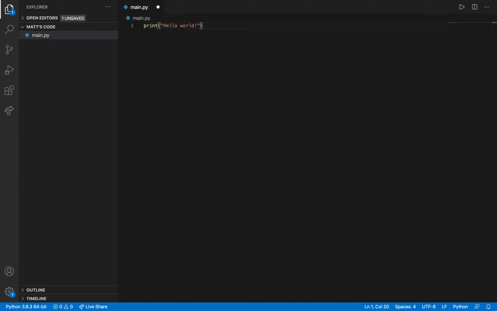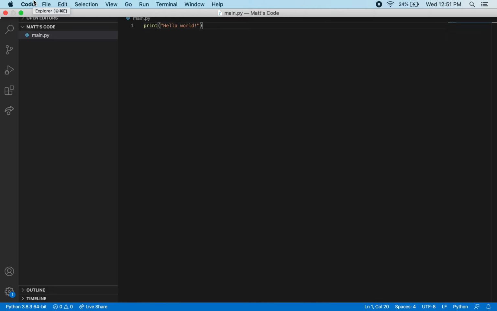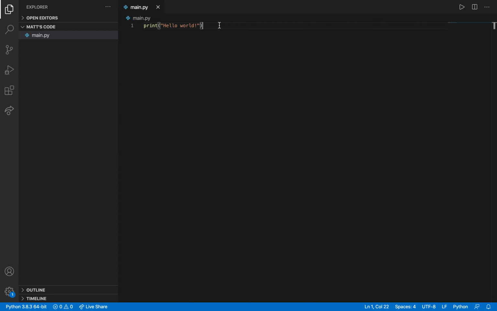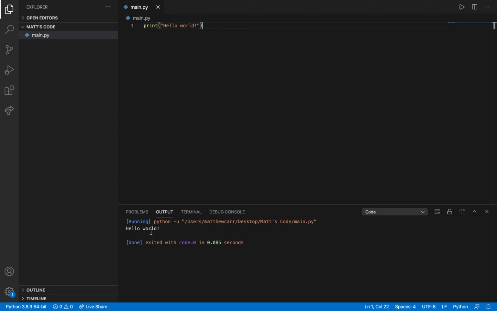And now we'll save this. You can do Command S if you're on Mac or Control S if you're on Windows. And now we can see that it's saved because that white circle disappeared. You could also do File, Save, like that. So we saved our changes, and now we're going to run it. Now if you have Code Runner, you can do this play button, run code, but later on we'll be using the terminal. But just to show you this way, we'll click that, and we see Hello World. Congratulations, you've made your first program.